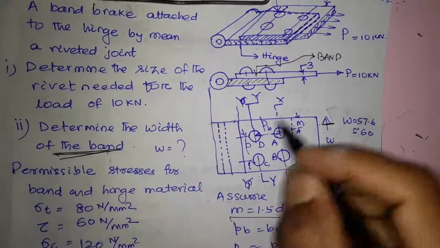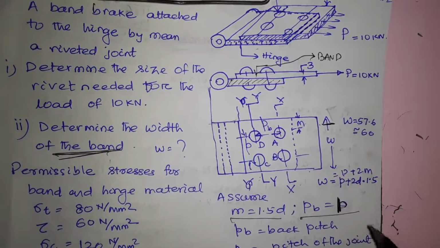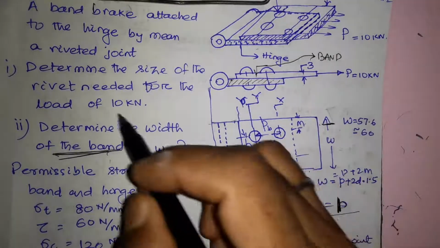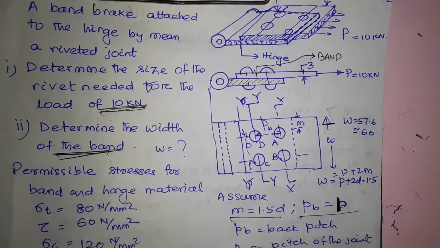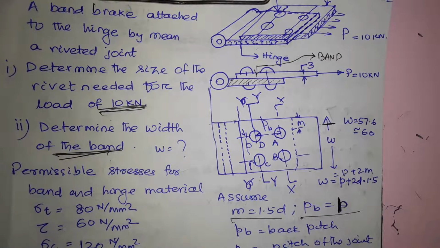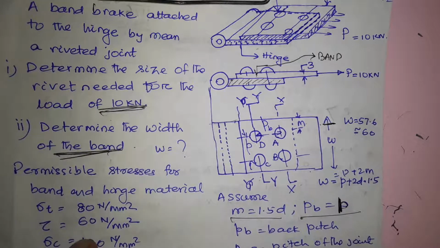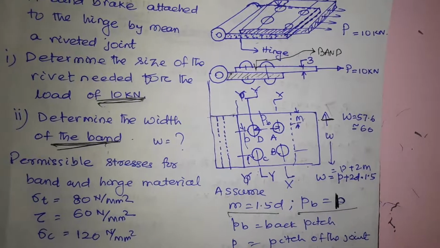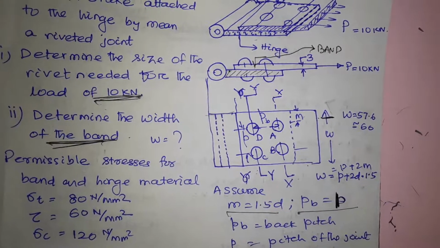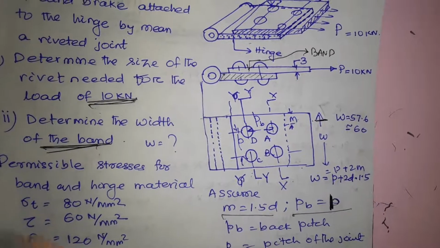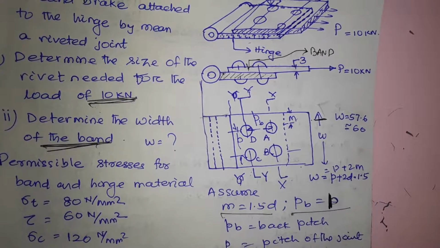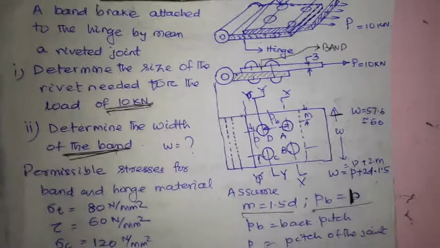What is the width of the band required to withstand a load of 10 kilonewton, and the material strengths are also given in this. In tension it is this much, 80 Newton per millimeter square. In shear it is 16 megapascal, and these data are given. Now we want to see what are the possible ways of failure. The first way of failure is,